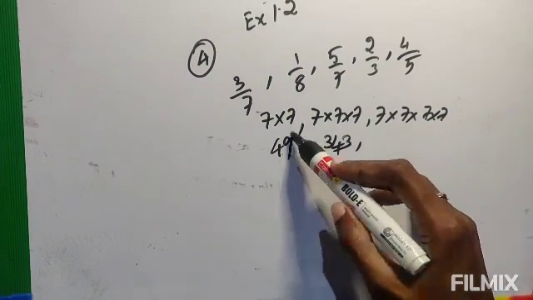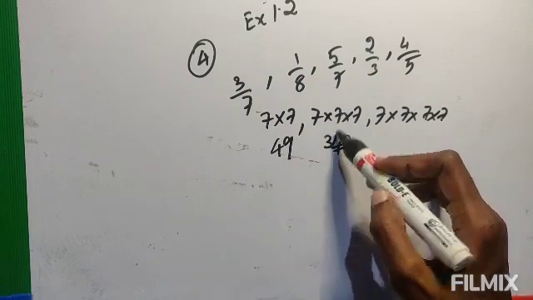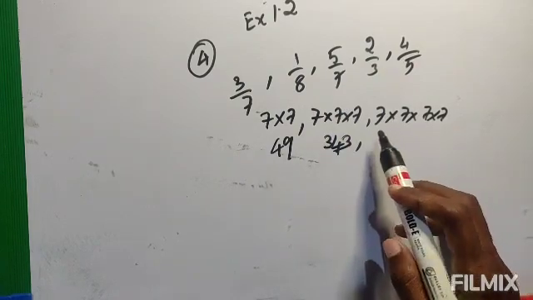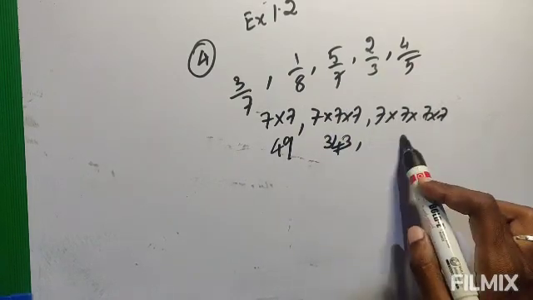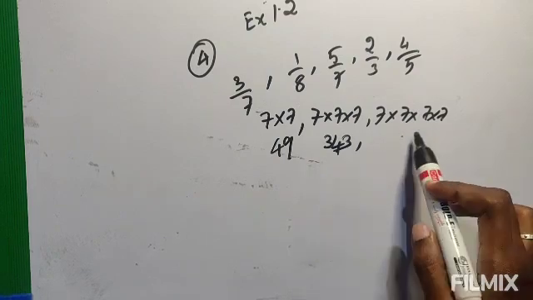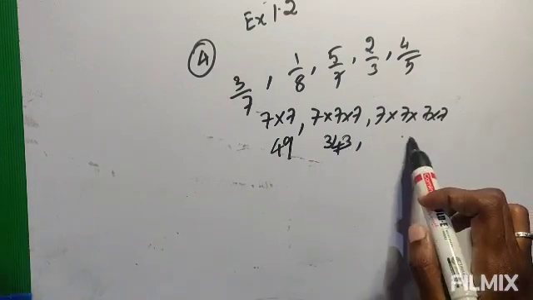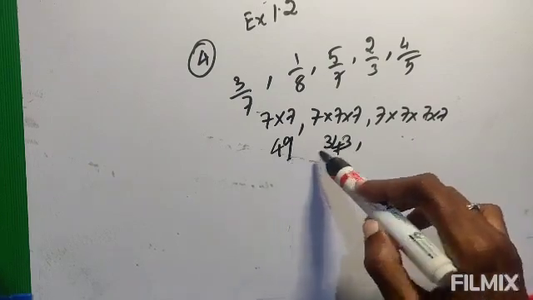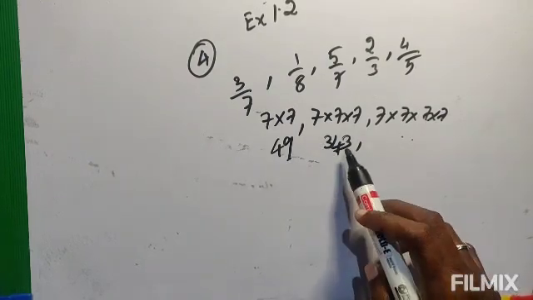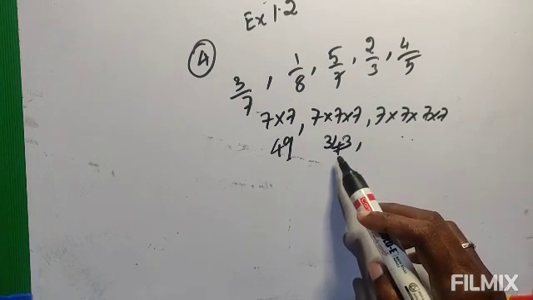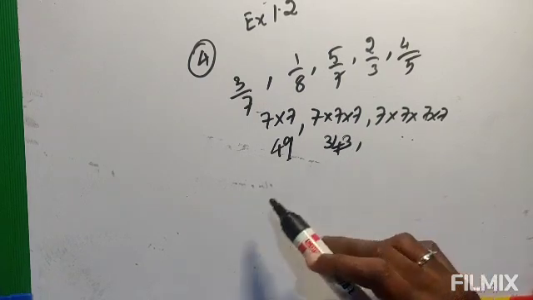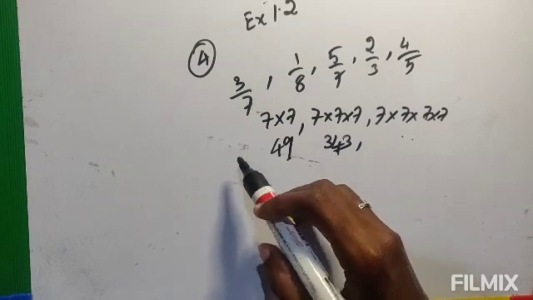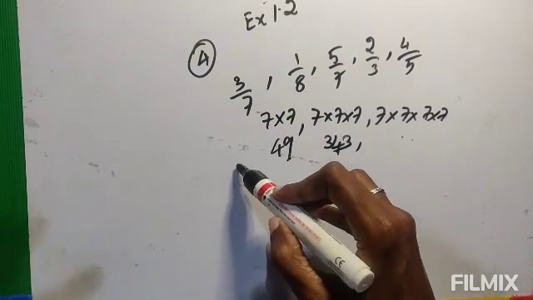Okay, see, the second place will be 49, this will be the third place 343, and this will be the fourth place. So this will be bigger than this number, it will come. That means in the denominator of the equivalent fraction it should come 49, 343, but in your book backside it is not given the same way, it is given in another way. Okay, so that is given the method what I have taught. The same method I have taught you.